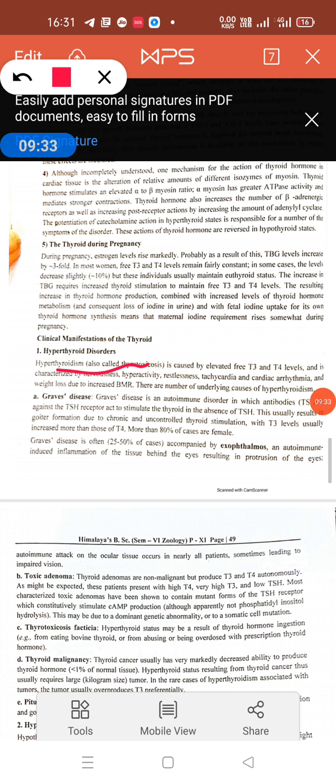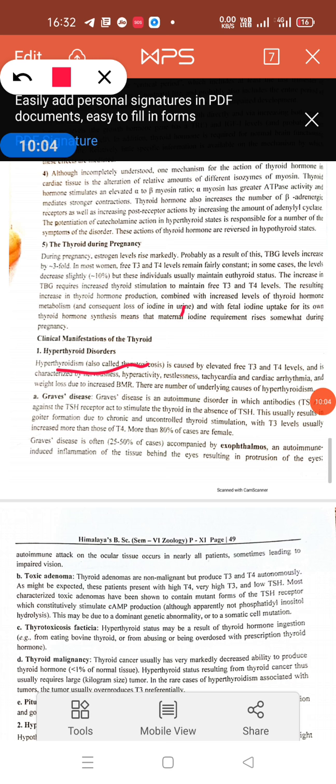It is characterized by protruding eyeballs, increased basal metabolic rate, and weight loss, because there is metabolism of more stored fats in the body. Increased BMR produces a range of effects like increased heartbeat, increased blood pressure, higher body temperature, nervousness, irritability, and tremor of fingers. This is the hypersecretion of the thyroid hormone.